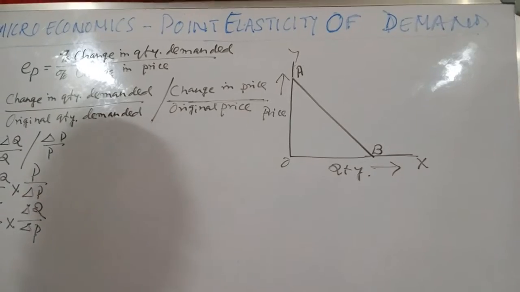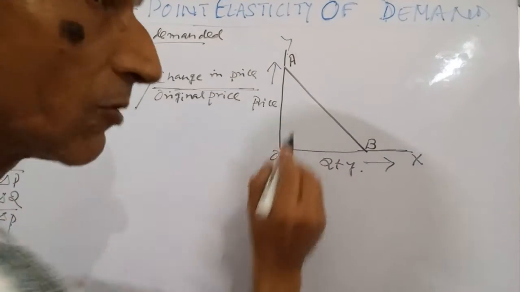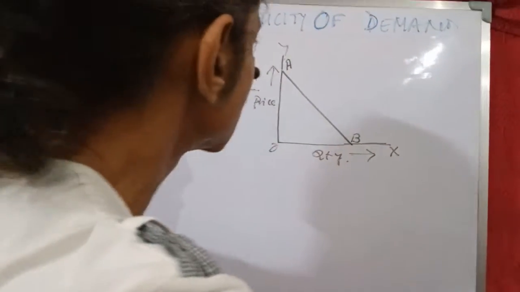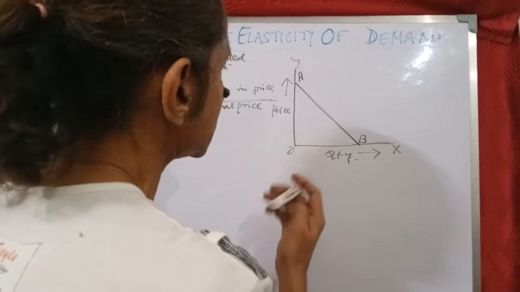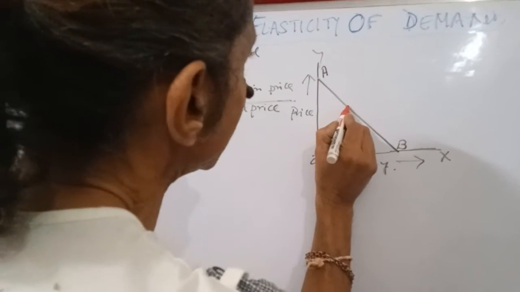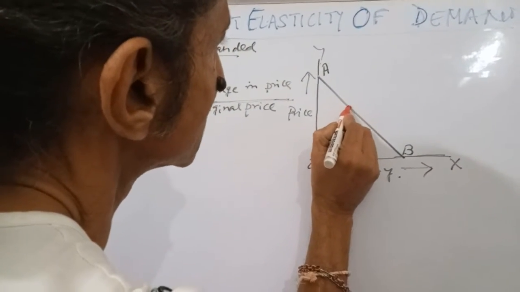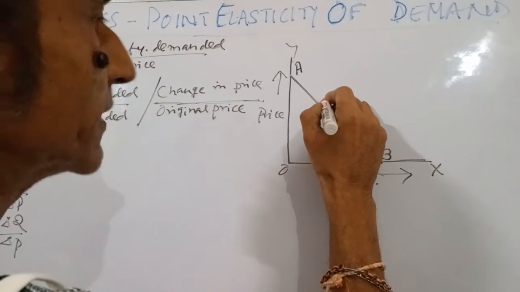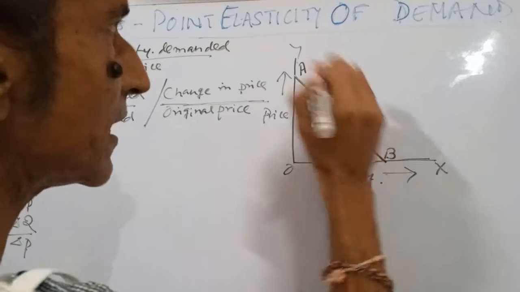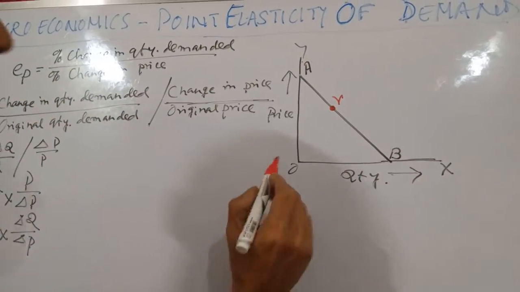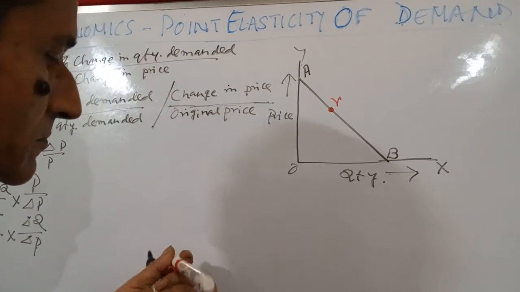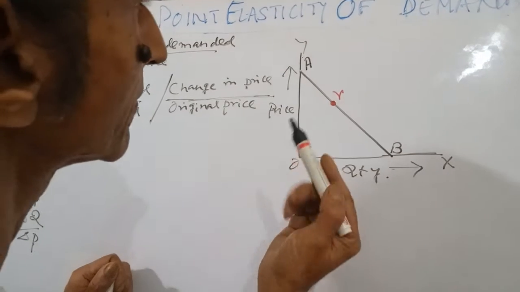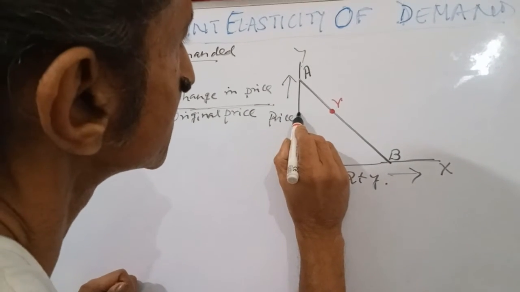AB is the demand curve. We have to find out the price elasticity on a certain point, say at this point. Say this point is R. So at point R,